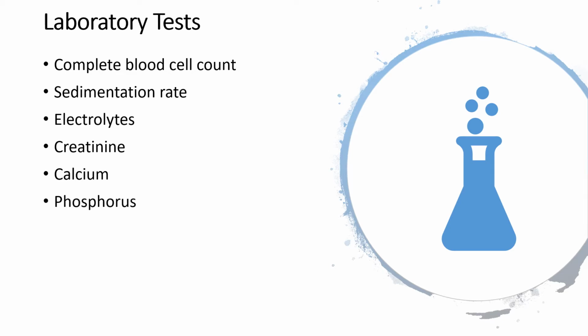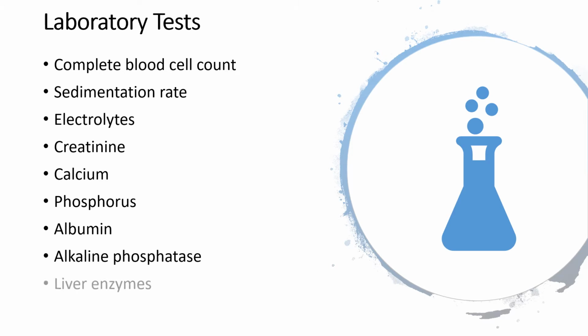serum phosphorus, which is again a bone marker, serum albumin because calcium is bound to albumin in the human body, serum alkaline phosphatase, which is a marker of damage to the bone, liver enzymes, and 24-hour urinary calcium. These are not mandatory tests, but in some cases you have to do these tests in order to rule out secondary osteoporosis. The main assessment of bone mineral density is done by radiology,